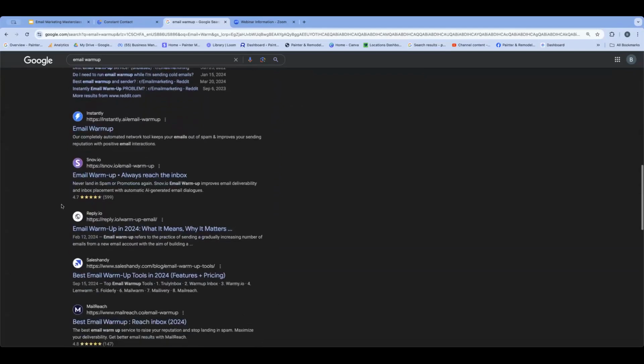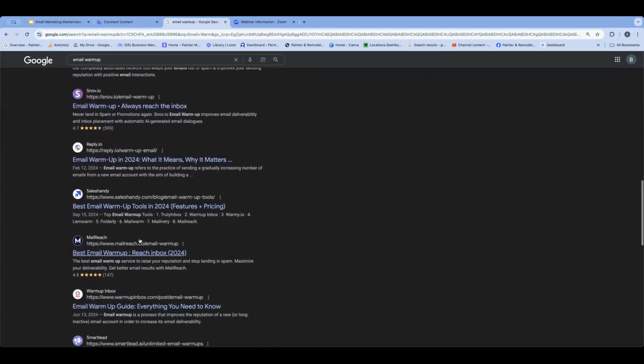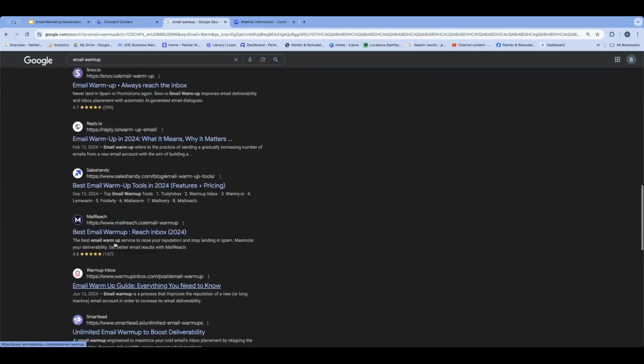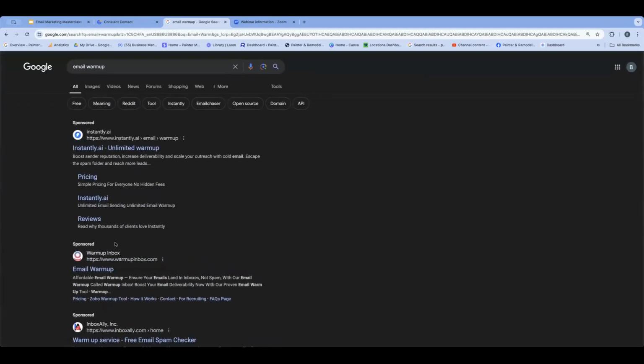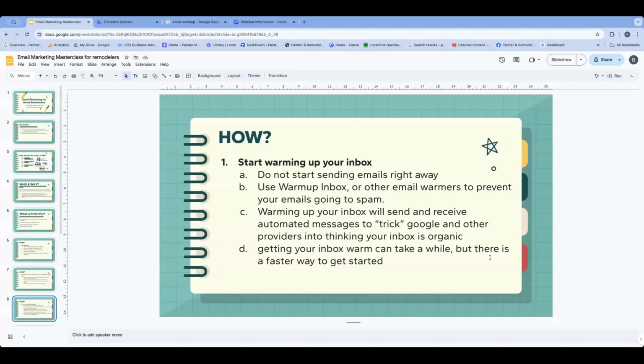Snov.io is okay. But all of these are pretty inexpensive. You're only doing one email, most likely one email campaign. There's tons of them out there. You can shop around. But once you join, you just put in your email account, and then it will start automatically sending emails to and from your account.